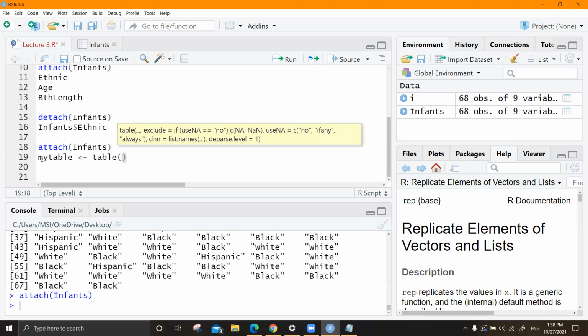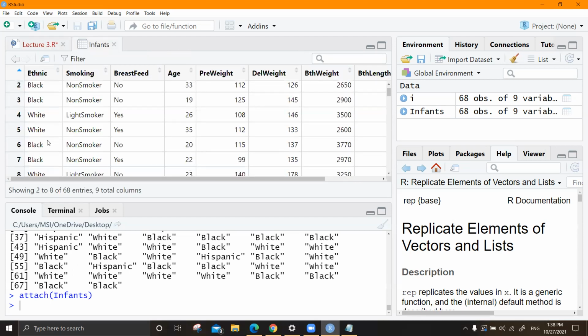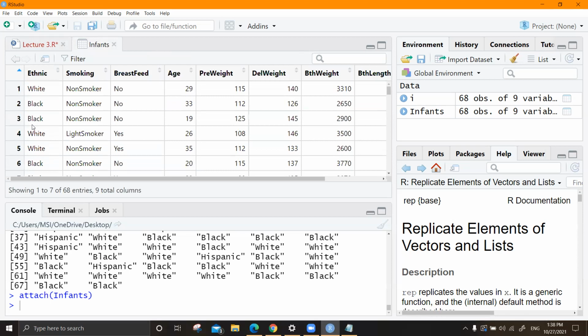Don't have the word table here as the name because that is a technical term, our inbuilt function. Say you want separate counts for each category of each ethnic group. We have a couple of ethnic groups here: black, white, Hispanic, and so on. I think we have 3.